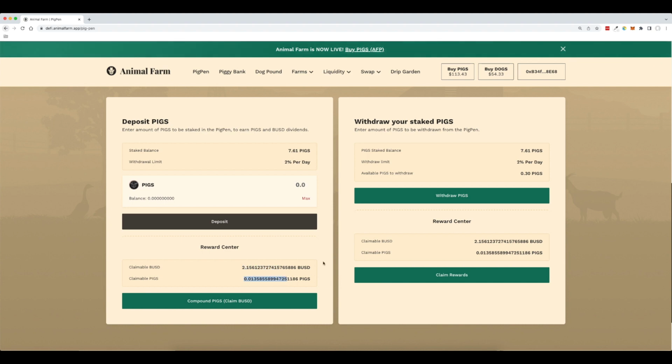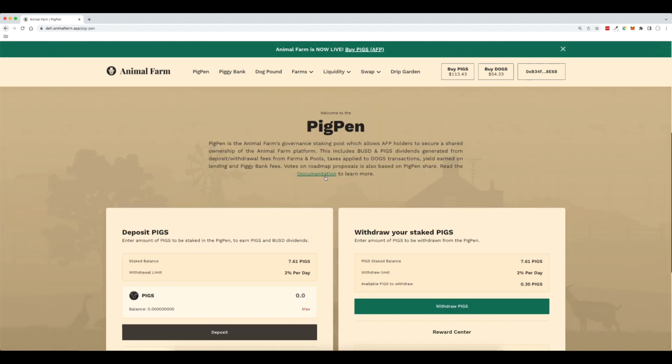So you can grow your pigs balance, which increases your stake in the Animal Farm, and you earn BUSD at the same time. Now, there are 3 different buttons on this page. Compound pigs and claim BUSD, withdraw pigs and claim rewards. The button that I've been pressing the majority of the time is compound pigs and claim BUSD, because the more pigs that I have here, the higher my stake is and the more I earn when people use